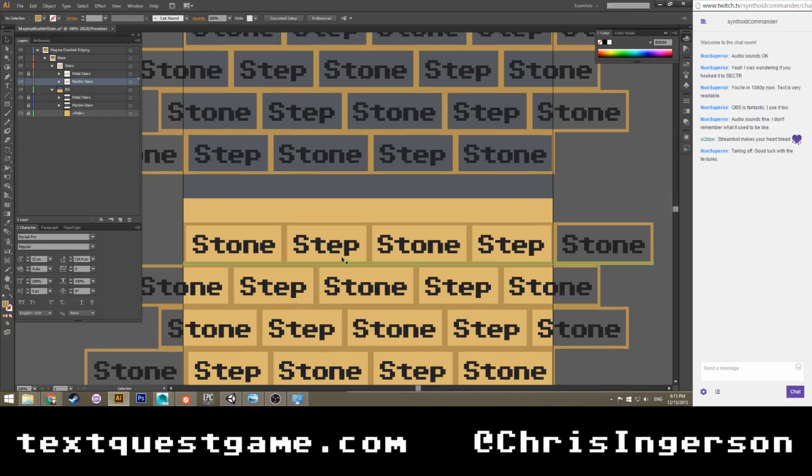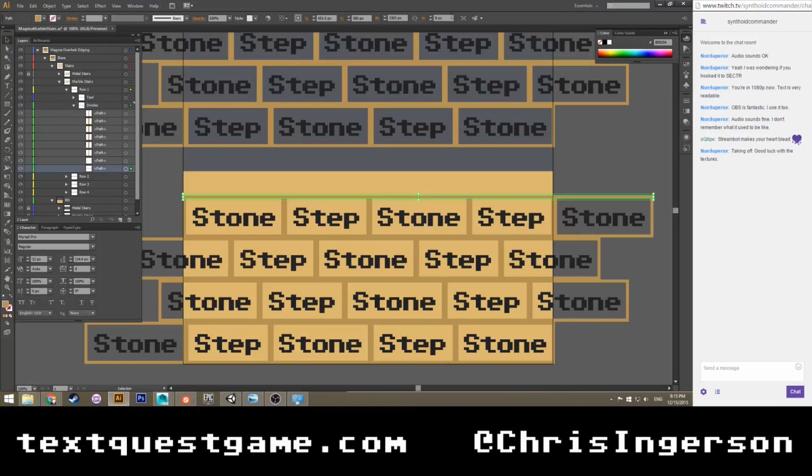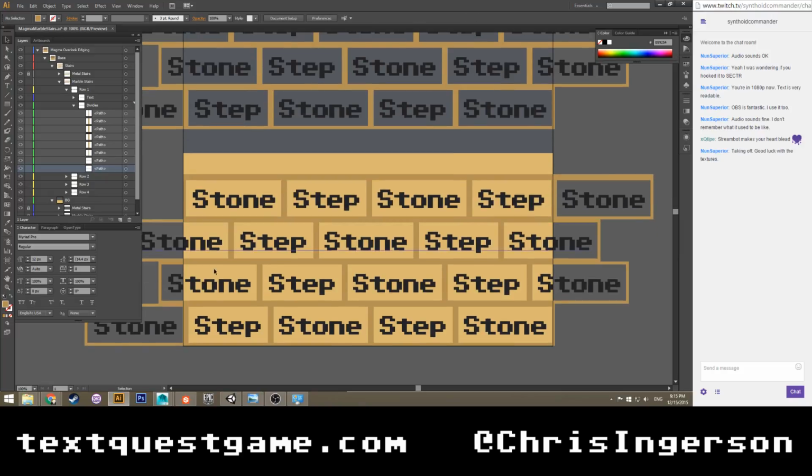So that seems to be working just fine, which is good. For the sake of argument, this path is going to be 16, which means that its height is going to have to subtract 4. This height is going to need to be 16, which means that its height or position will need to add 4.